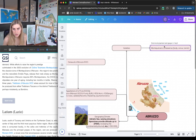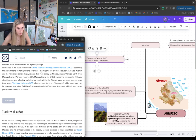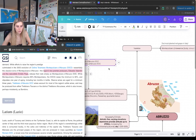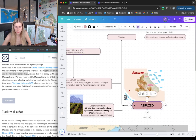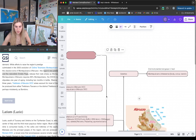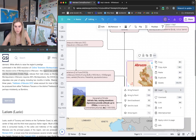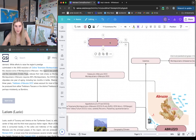Okay, another important DOC: Montepulciano d'Abruzzo. Here, even already in this little section, they're talking about the people making the wine. Valentini and Emidio Pepe, they're both really great. Very key, important people in this region. So I'm going to put them up here. Producers. So it says here that they